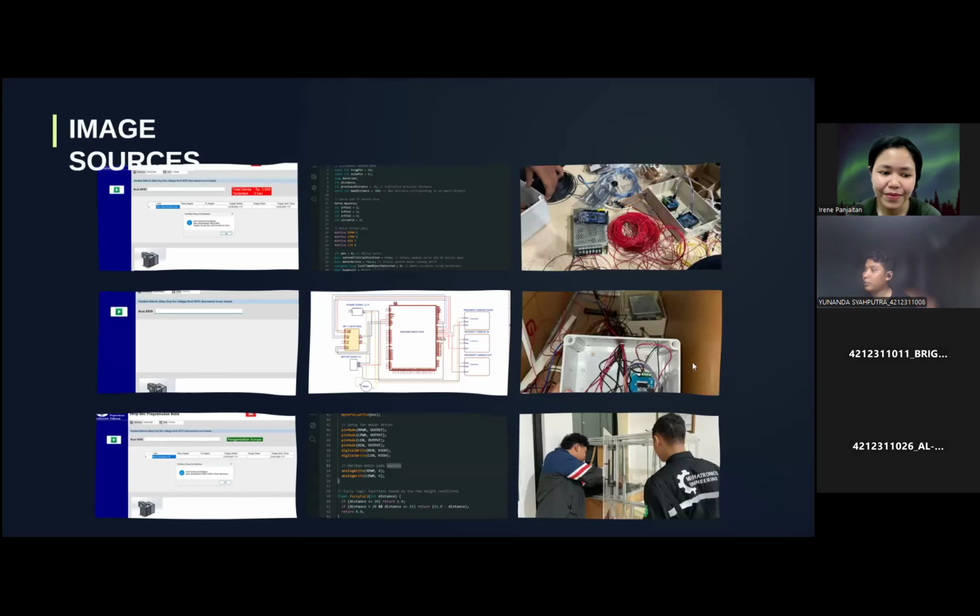Here we have 9 images: the UI, the Dropbox, the program, the process we made of the Dropbox, and the electrical wiring.